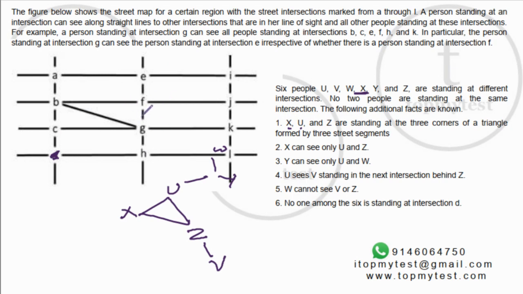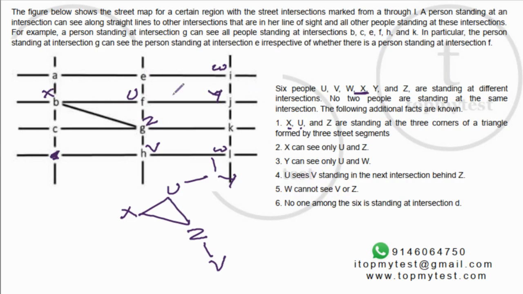Okay, where else can I fit U? If I fit U here, you can have Z and V. This looks promising. Okay, let's check this one. If I fit U here, this will be Z and V. U has to see W, has to see Y. Y has to see W. And then you'll have X here. This is possible. W cannot see V or Z. Right? This is possible.